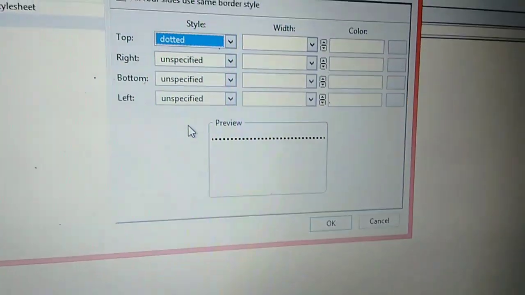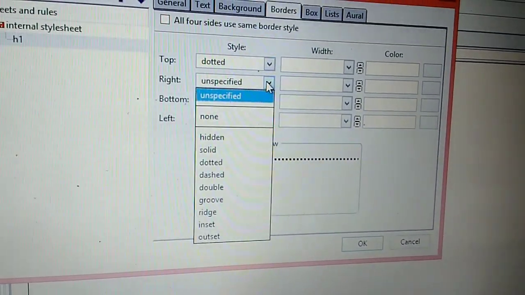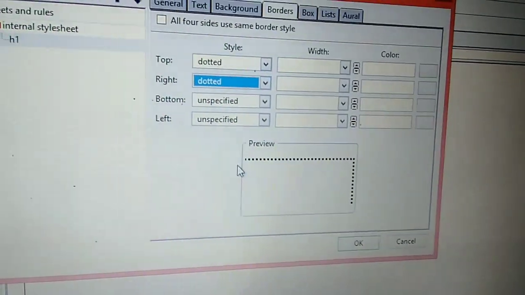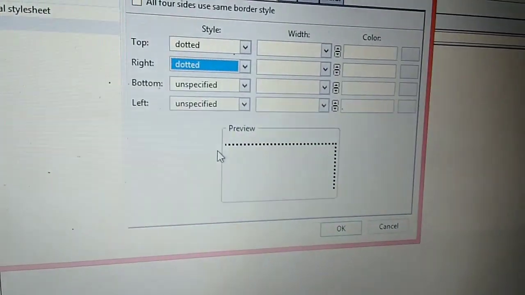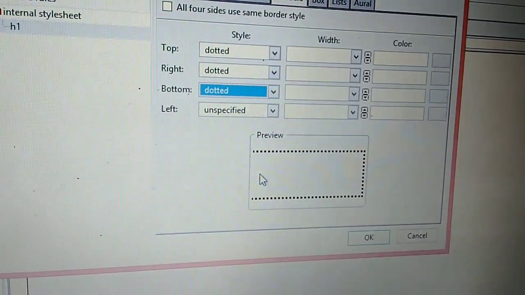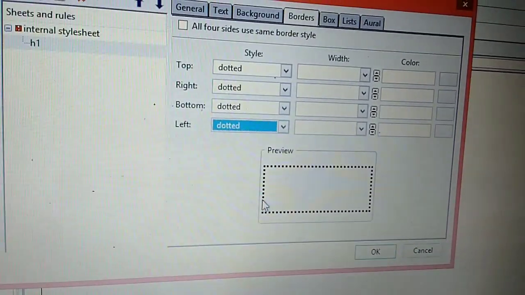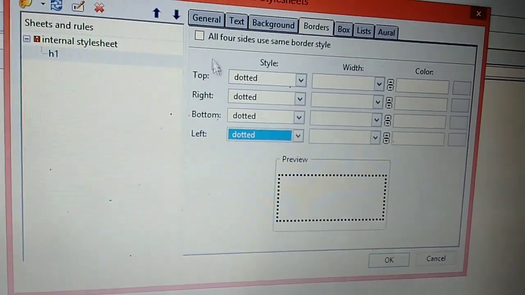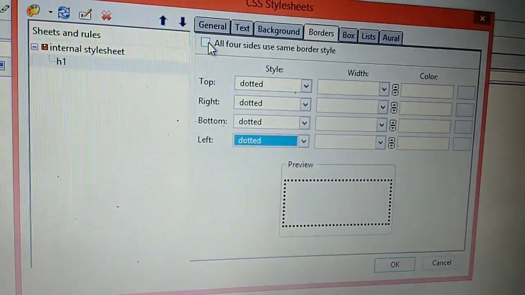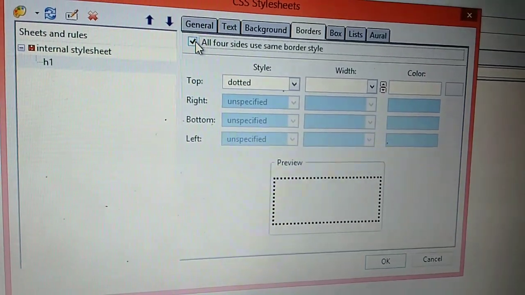Now can you see the preview? Dotted top border. I want a right dotted border. Can you see? Right dotted border. I want a bottom dotted border. Can you see? I want a left dotted border. But whenever I'm selecting, all four sides use the same border.